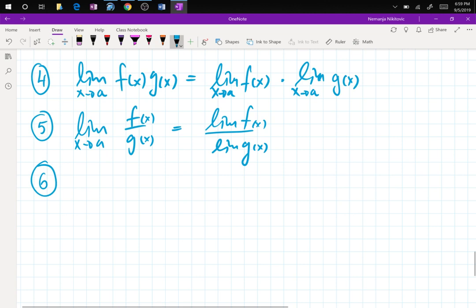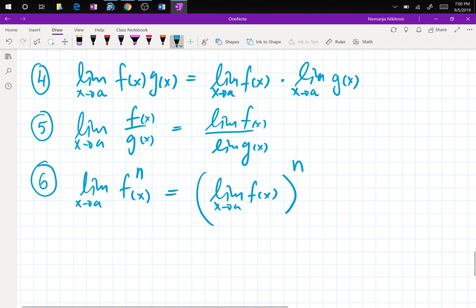Squaring, not just squaring, any exponent, which also includes the roots, because what's a square root? It's a half exponent, right? What's the fourth root? A 1/4 exponent. So roots or exponents, they all go on a pile over here, saying that the limit of f raised to some exponent n, I don't care if that exponent is a number or a fraction, either way, you are allowed to take the limit of f of x as x goes to a and then apply that same exponent, whether it's a square root or